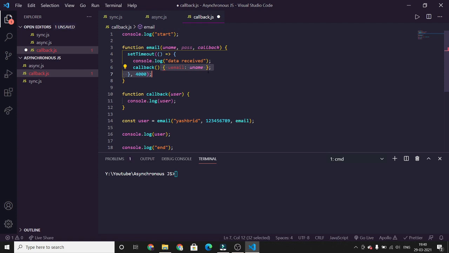Pass this object as a parameter. After 4 seconds, when we receive the data, the setTimeout function will be called. This statement will get printed, this function will get invoked, and this function will print our data.